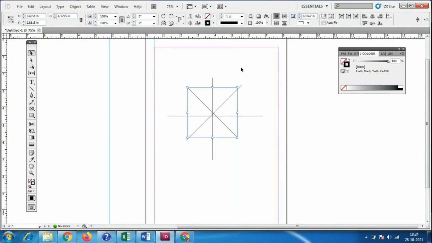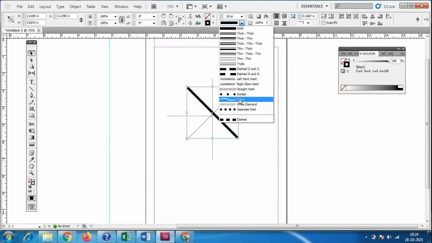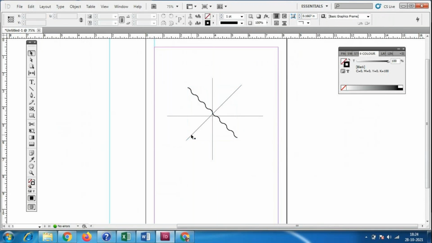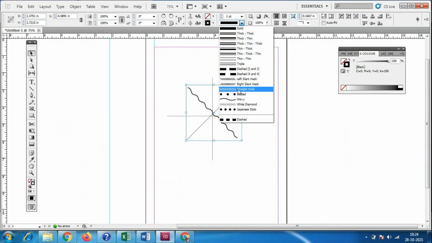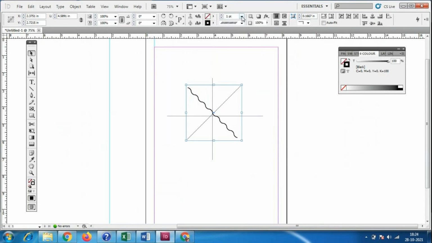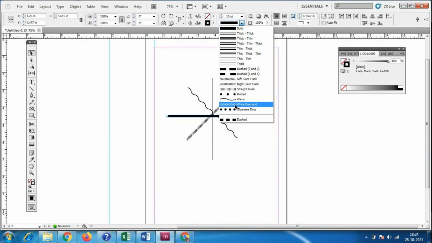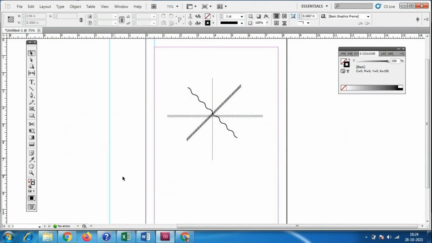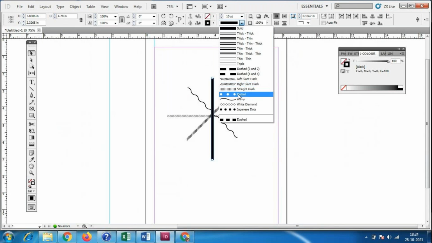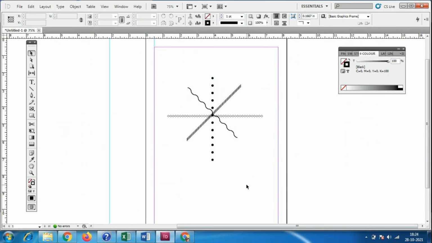The line tool is nothing but a stroke. We can give only an outline color or outline designs. We can select the line and add these kinds of designs, whatever designs you want. We always have to select it like this, and we can make the points like this. So this is only the line.